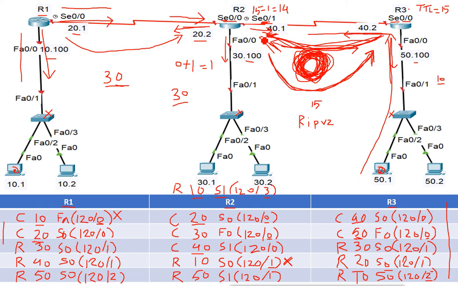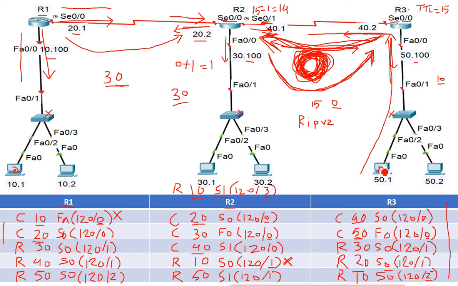So however many times it loops, that means however many times it is routed, it reduces 1 from it. So from router 2 to router 3 it goes, it becomes 13, then 12, then 11, 10, 9, 8, 7, 6, 5, 4, 3, 2, 1 and 0. Once the TTL value reaches 0, whether it is on router 3 or router 2, the router says I cannot forward the packet, because it is now time to leave the packet. The packet is not able to be forwarded because the TTL value is now 0.